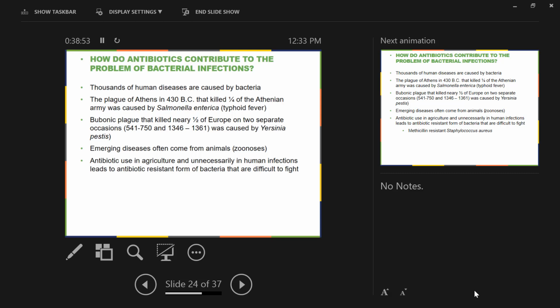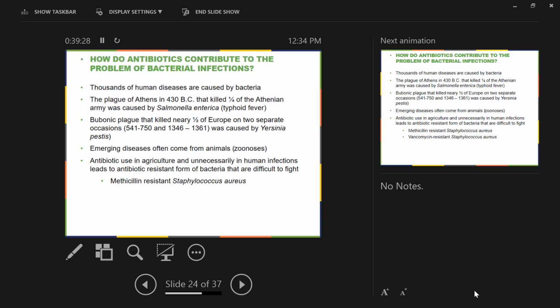The problem with this is the more you use antibiotics, the more likely it is that you're going to develop antibiotic-resistant bacteria. And so your target bacteria may not be the one that develops the resistance. It may be some other bacteria that just happens to be in the same place. And in the presence of this heavy selective pressure for antibiotic resistance, you get antibiotic-resistant forms. So some examples of this: methicillin-resistant Staph aureus, Staphylococcus aureus. This is MRSA. Okay, it's probably the most